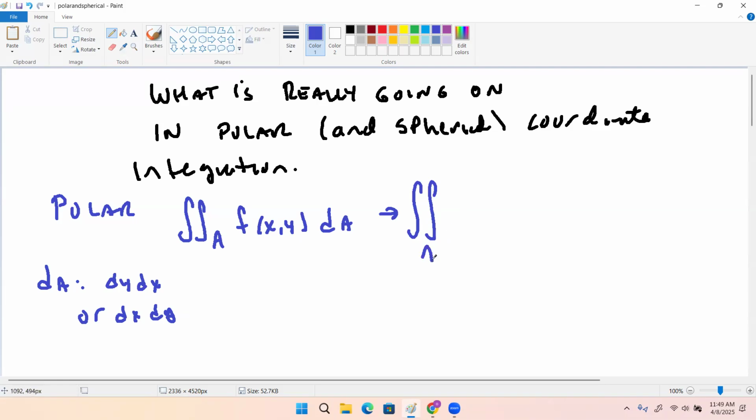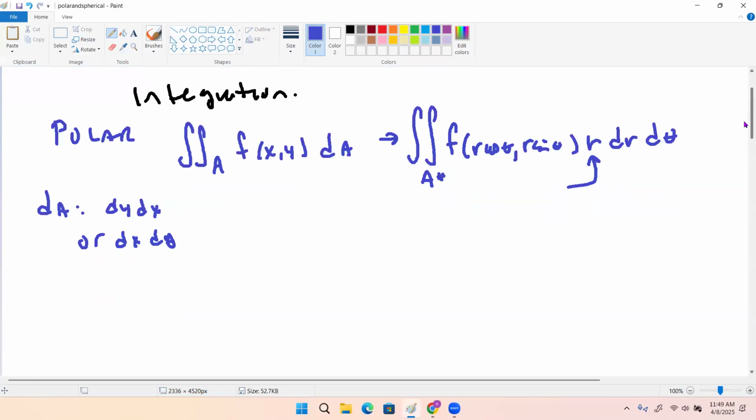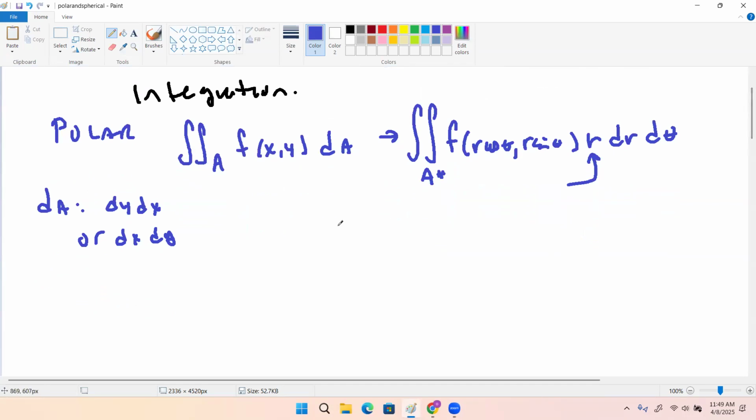This, I'm going to call a transformed region. This is f of r cosine theta, r sine theta. And then we have the r dr d theta. And we had this r as a type of stretch factor. And where this came about, we were told, is that if you're looking at the xy plane, the standard Cartesian plane,